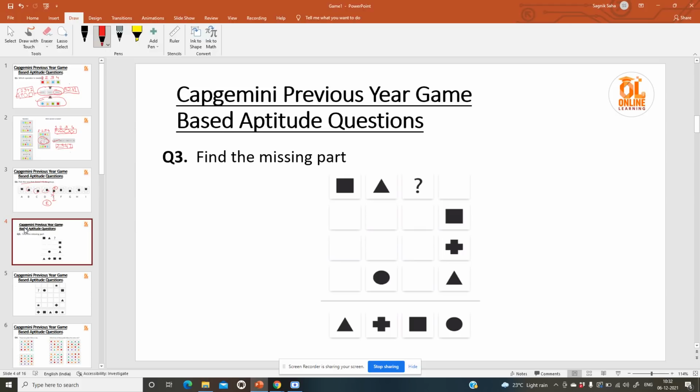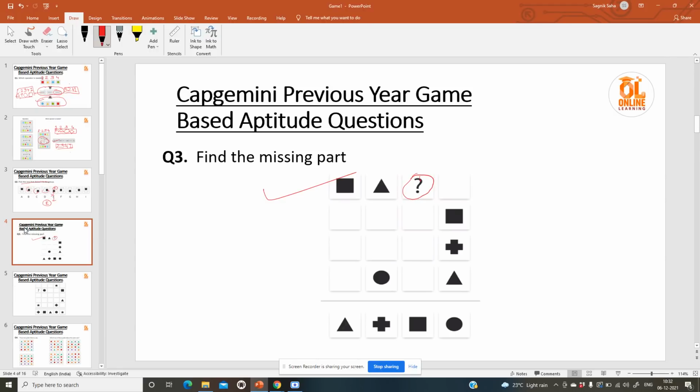These are grid based questions and they are very common in your exam. What we have to do is like the Sudoku we have played since childhood. All the rows and all the columns should have unique shapes. No shape should have a duplicate shape. No column or no row should have a duplicate shape. So we have to find which shape will be present in this area.